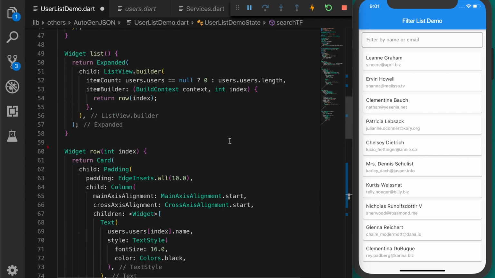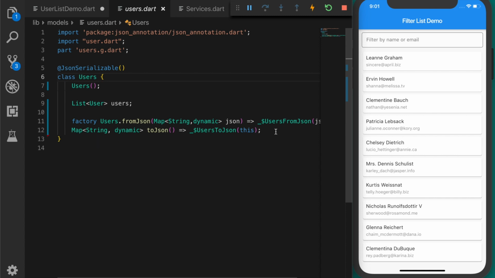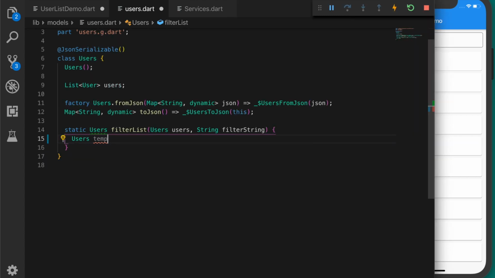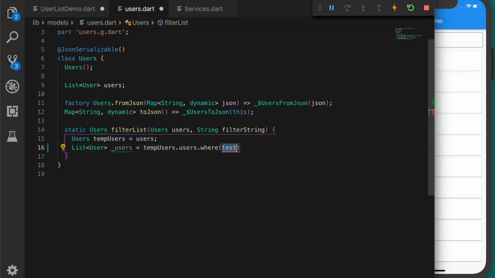I'm going to write the function to filter the users in the users model itself. You can write it anywhere you want. So static users filter list, and that's going to accept users and the filter string. Create a temporary users and assign the users to it. Now we are going to loop through the users and find the matching users. Okay, so list of users is equal to